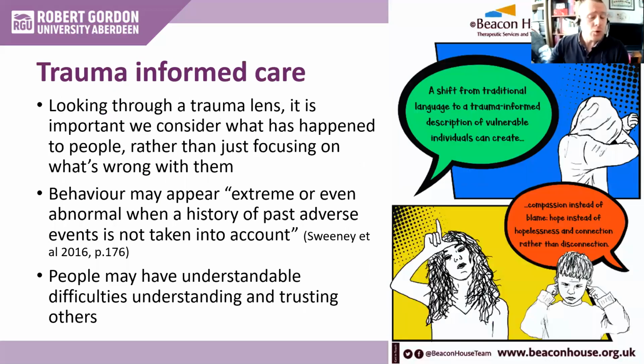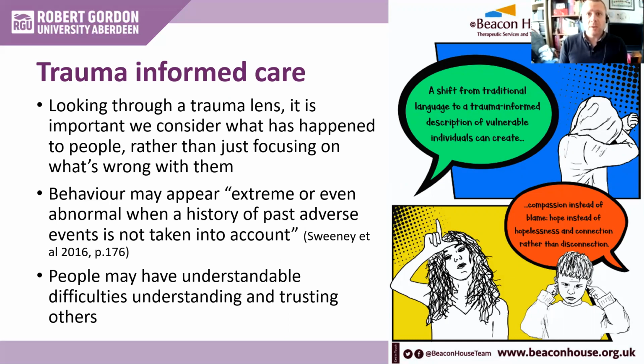Okay. So trauma-informed care, I've been alluding to this as we go through, so I can certainly rattle through this. It means looking through a trauma lens, mentalizing, and remembering, trying to keep in mind what has happened to people rather than just what you're seeing on the surface. Sweeney writes that behaviour might appear extreme or even abnormal when a history of past adverse events is not taken into account. So remember the subjectivity of people's triggers; people might have significant, difficult attachment histories. We need to take that into account to be able to understand people. You cannot understand a person without their context. And people might have understandable difficulties